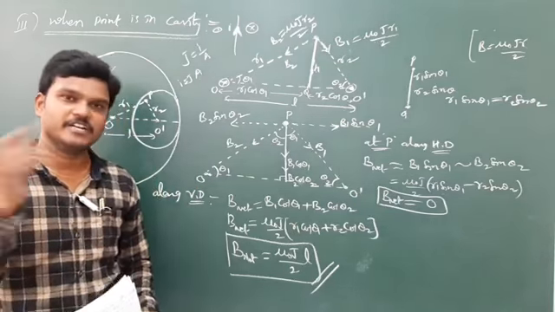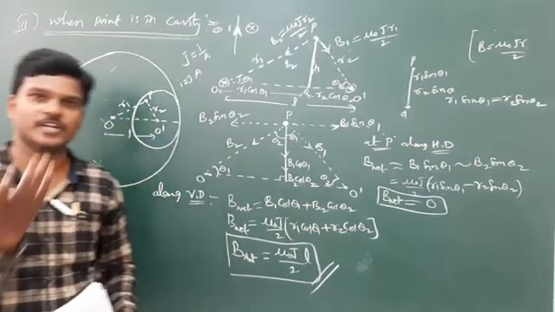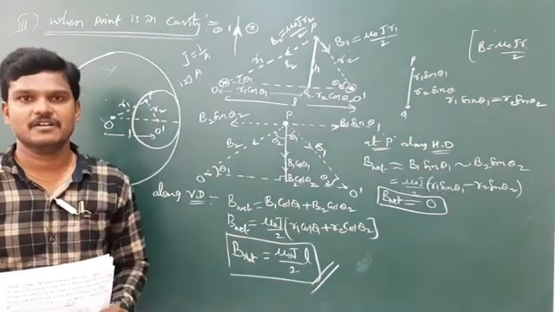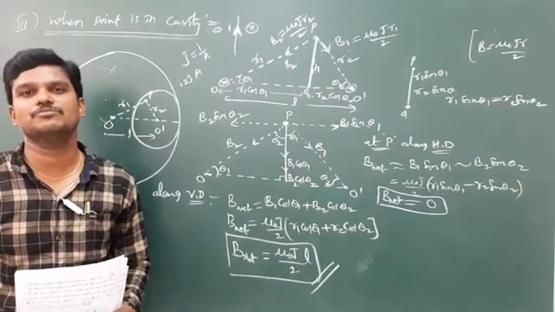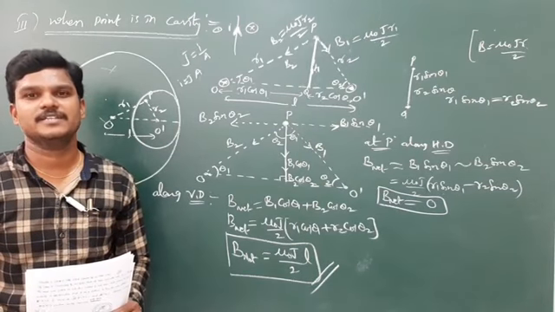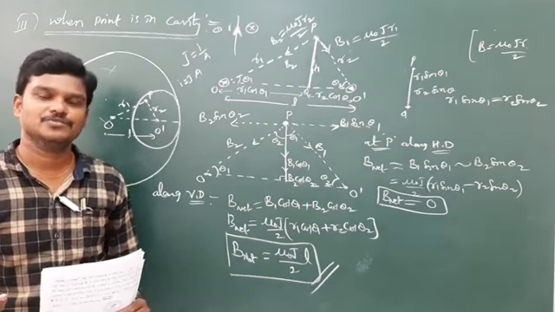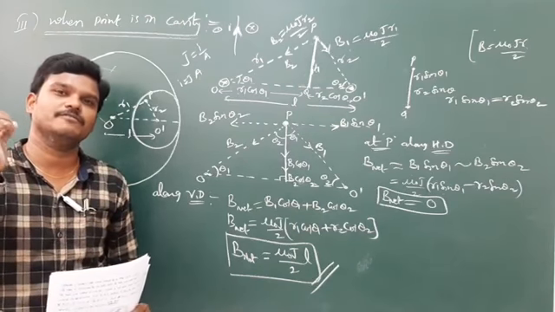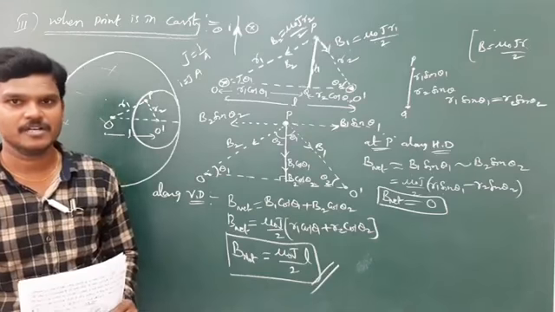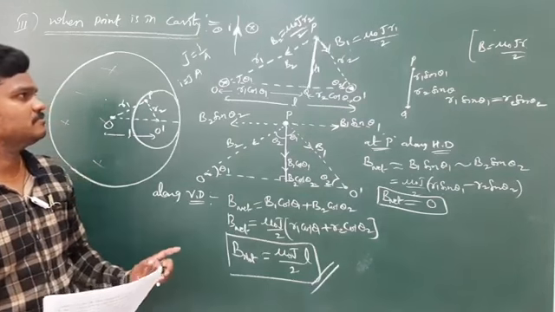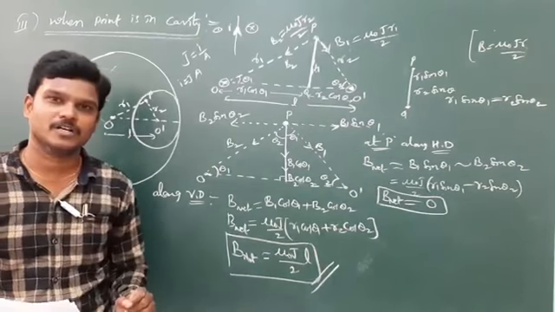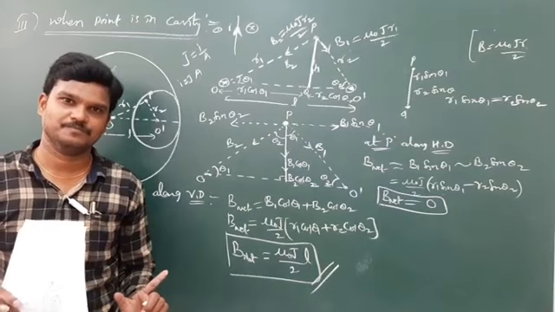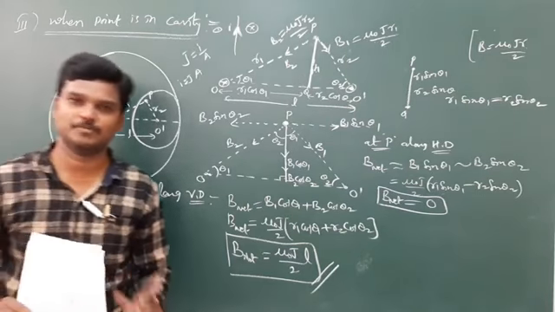And somewhere I did some derivations. Derivations are your interest, means for applications like straight wire is B is equal to mu naught I by 4 pi d into sin alpha plus sin beta. So at least you remember the formula. Try to apply the formula to solve variety of questions. Okay, so almost maximum levels are covered in moving charges and magnetism. So let me stop this chapter.